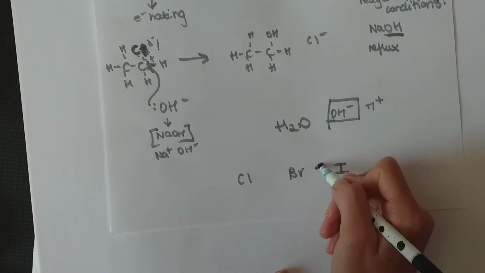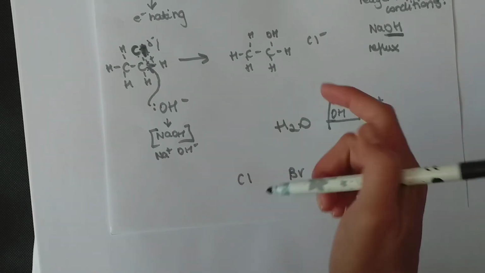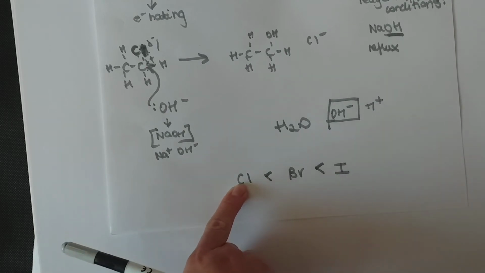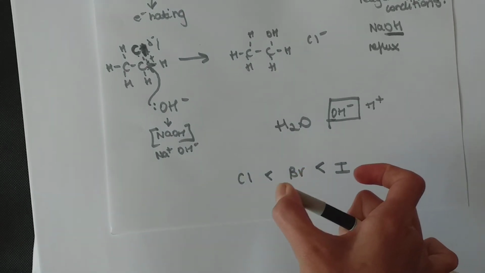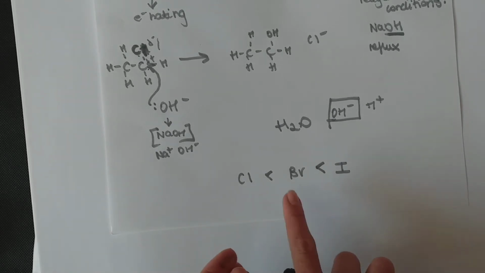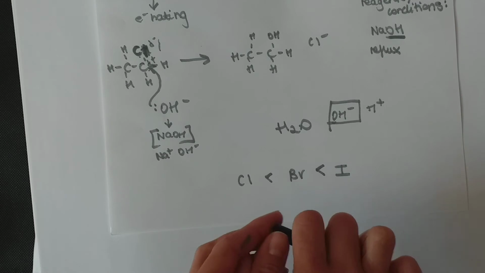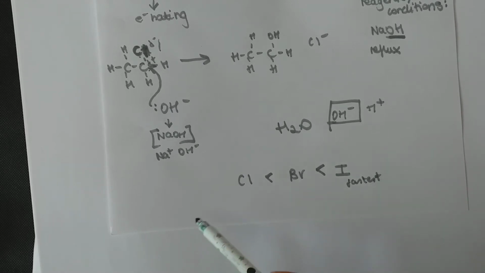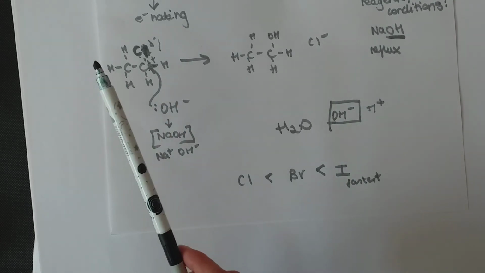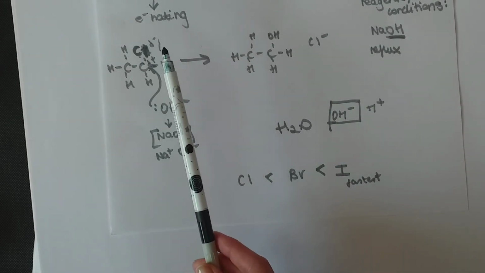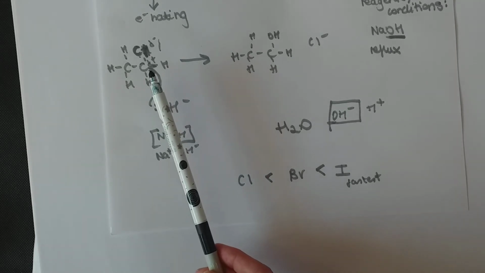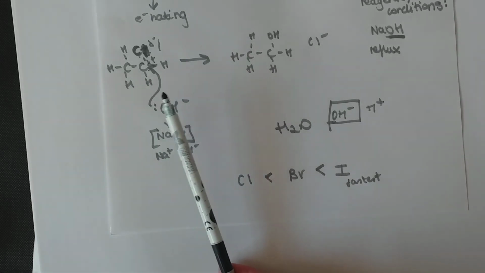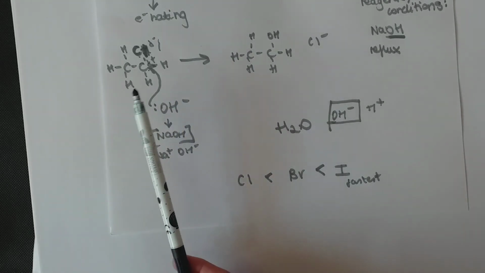However, iodine will react faster than bromine, and bromine will react faster than chlorine. There are 2 things which determine why iodine is the one that reacts the fastest and not chlorine. However, they go in opposition. Chlorine technically should react fastest because it's the most electronegative. That means it's going to take the most amount of electrons to itself. Therefore, carbon becomes even more positive. And if it's even more positive, that OH minus will want to join to it even more. However,